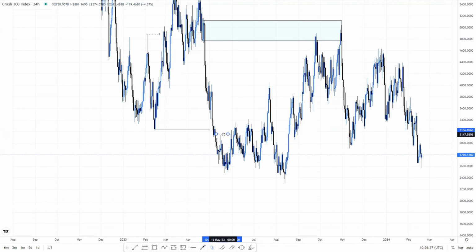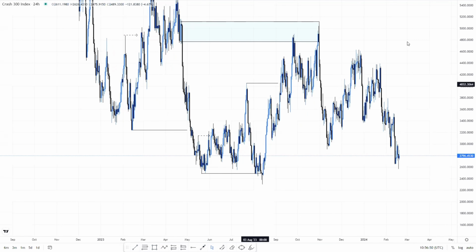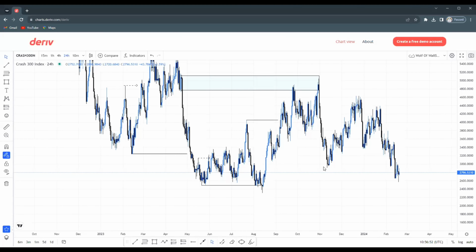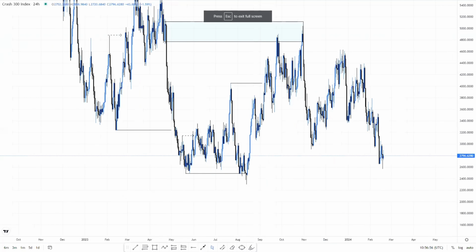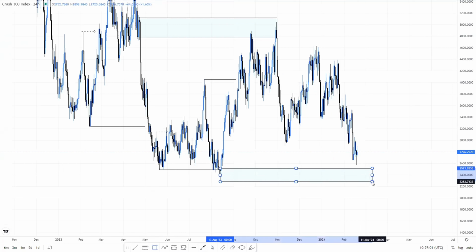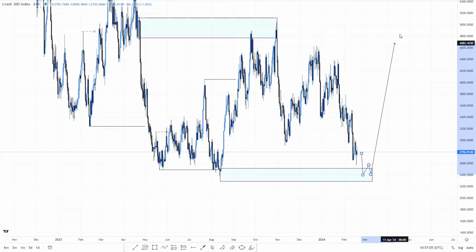they induced here. They induced there, they broke structure down. Then they changed character to the upside like that. So them changing character like that also means that it's now time for them to go up. But for them to go up, we can see that we have an extreme demand there, which most probably they will tap onto. We're anticipating them to tap that demand before they shoot all the way upside to around